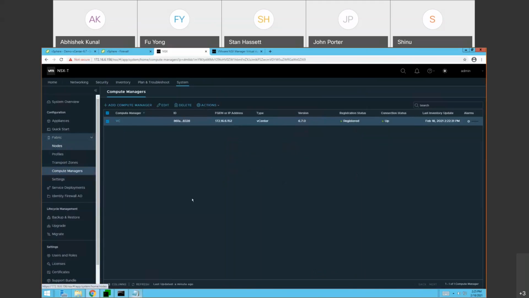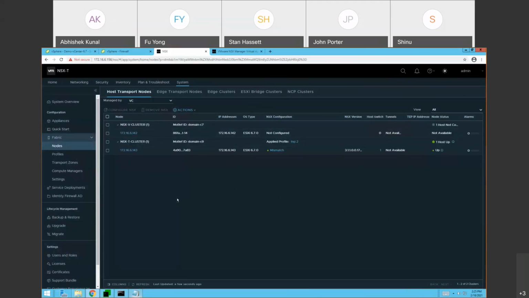Now from the nodes side, obviously it's going to do the inventory of your ESXi hosts, and that's why you will see the same cluster from the ESXi level discovered over here. So this is one of the NSX-T hosts which I have already prepared. Why is it shown as a mismatch? Because I was just trying to do some other things. It's fine, the mismatch is still fine. I'll show you that this ESXi does have a backend NVDS. But I haven't prepared this